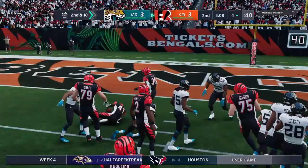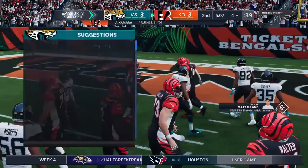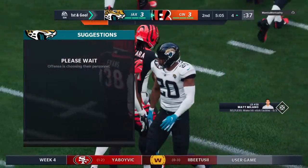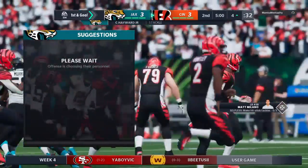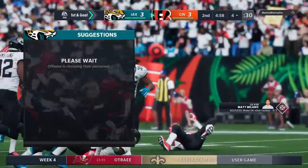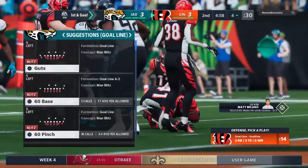And all the way down inside the 5 to the 4. It's a really nice 15-yard pickup, and now it's 1st and goal. He's obviously a bit of a shorter running back. Sometimes when he goes up the middle like that, he gets lost in there, and then he pops out for